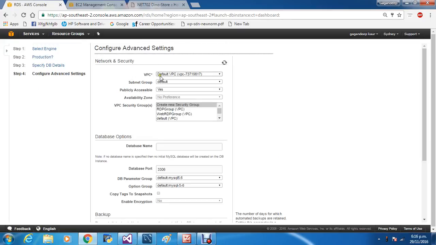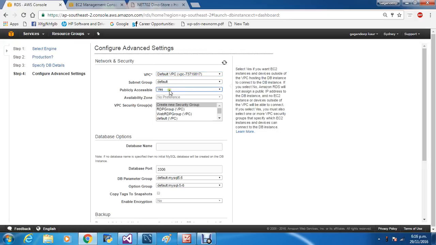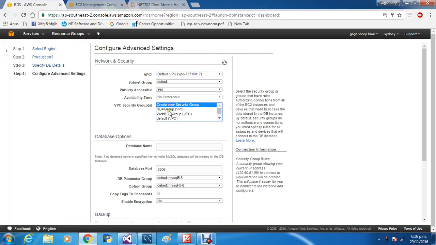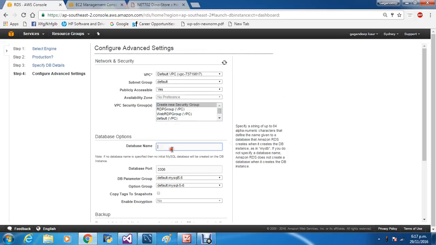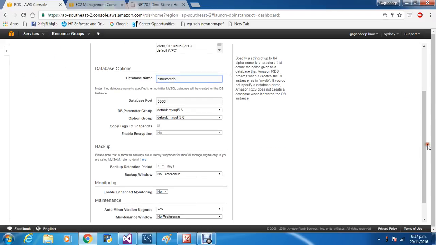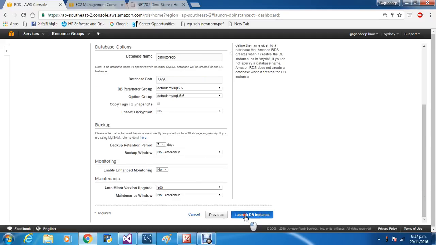So here we have to set the network and security. From here I'm going with the default VPC because I'm not creating any virtual private cloud for this. So we have to create a new security group for this, and in the database name we have to give any name. We are giving Dinosaur DB, and the rest will be default. So we'll launch this